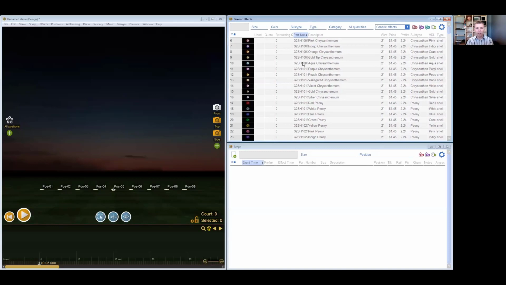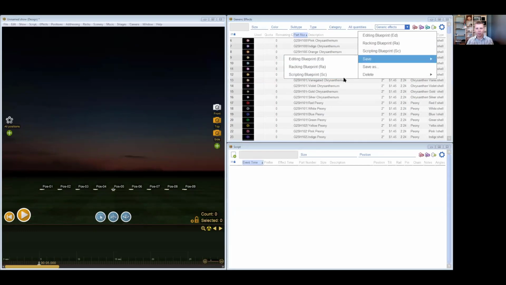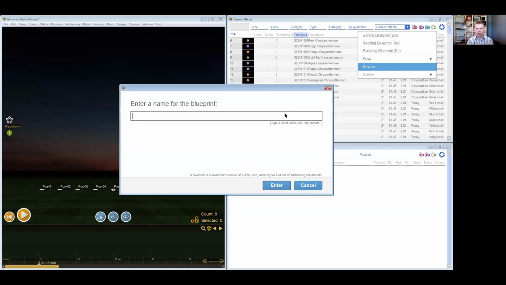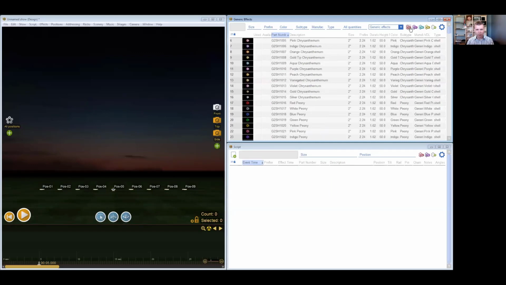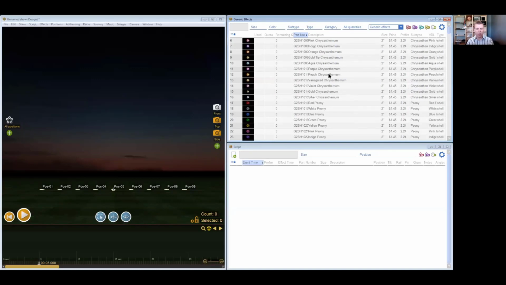So let's say I'd like to go ahead and save this blueprint as a new layout. So I can do the little puzzle piece icon here with the green plus on it that allows us to save. This allows me also to switch. I can do a save, which would overwrite an existing template, or I can save as new. So I'll just do this today, and I'll call it example. And here you'll see, now we added an additional icon. So now I can easily switch between the built-in layouts and the example layout here, which is the one we'll use today. So I'll come back to this in a little bit when we work on adding some effects and